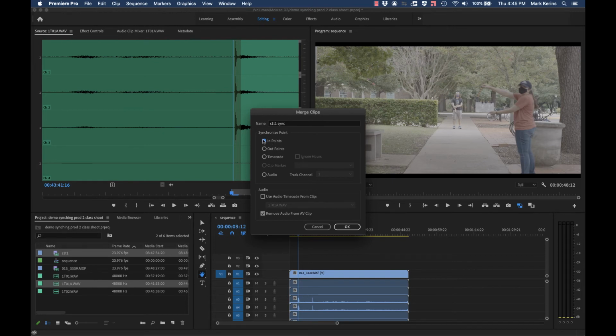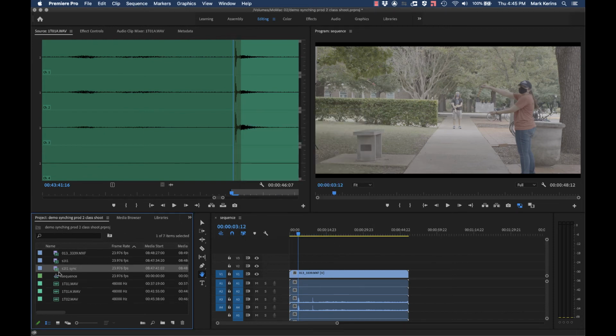So we're kind of doing the opposite. We're doing it the easy way on the front end, and then we just have to do a little more work in post matching up these endpoints. So I'll do that. It does give me the option of, do I want to keep the audio that was in the clip? In this case, I'm looking at this on the camera, it actually did record some audio. There were some tracks actively recording on the camera. I can keep those if I might want them as a reference to make sure everything looks good. I'm going to trust my sound team that they got the sound right, so let's remove the audio there